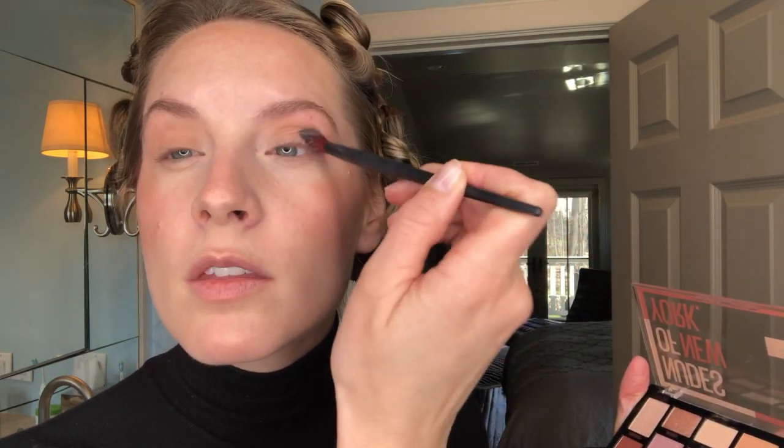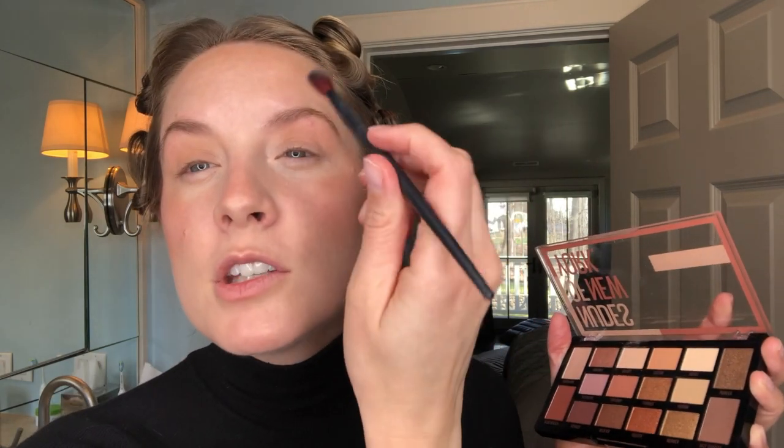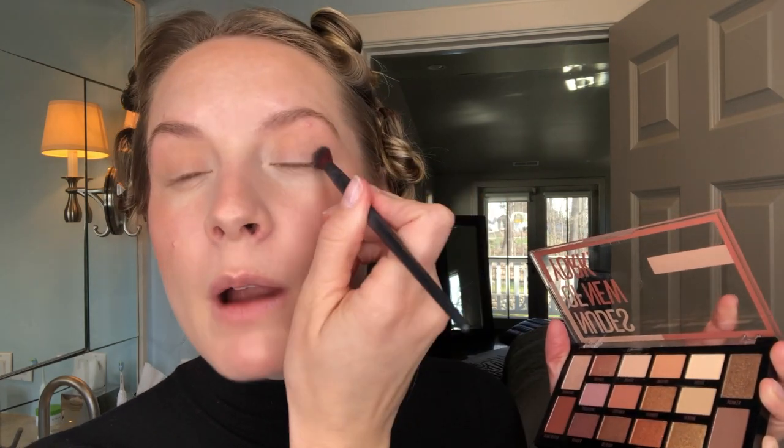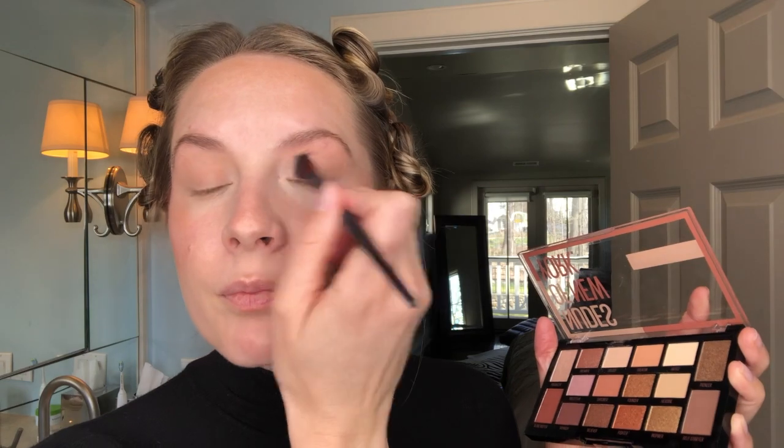And by putting a shadow like this over the concealer, now the concealer won't grab. If you use a darker color, you don't want to deposit that color directly onto a cream product because it will grab it. So this shadow will allow it to sit nicely on top of the powder rather than grabbing the concealer. So now that I have my eyes just neutralized,